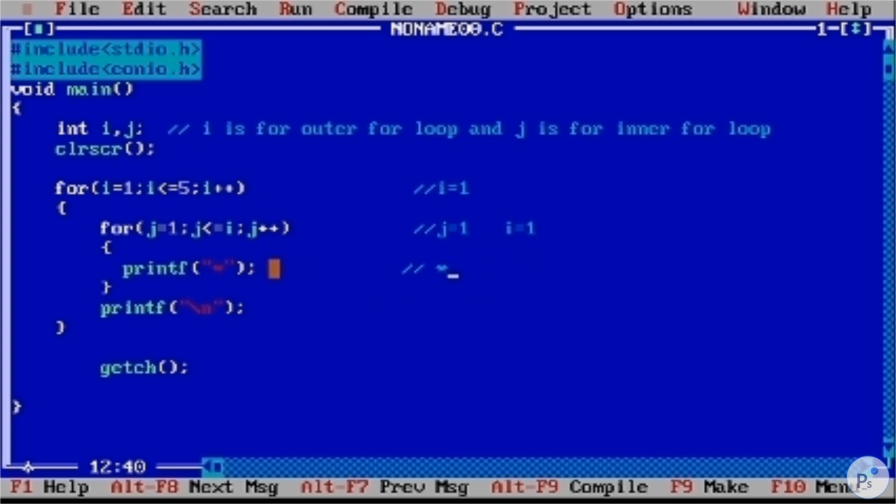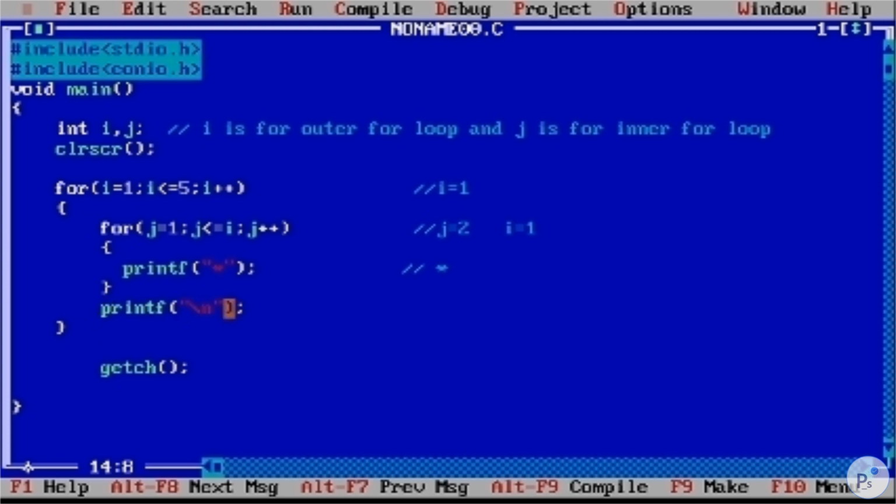We'll print the star, come up here, and again go up to here and increment the value of j. Now the value of j is 2, and the value of i is still 1, because it is not incremented yet. 2 is less than or equal to 1? No, 2 is greater than 1. So the condition is false, it comes out of the inner for loop and executes this.